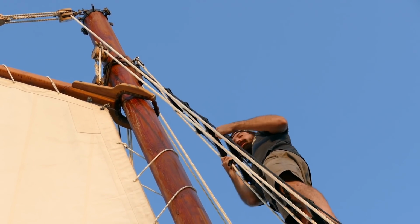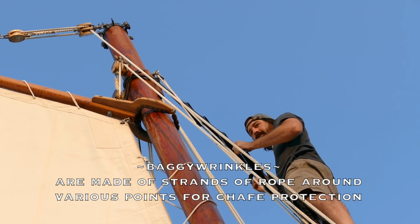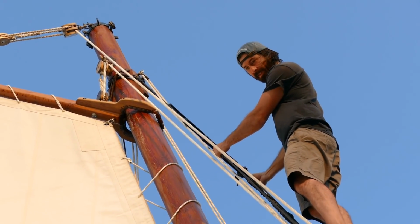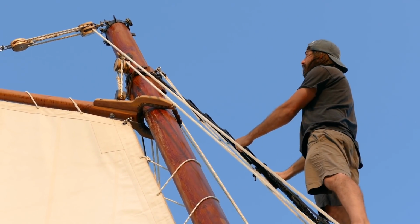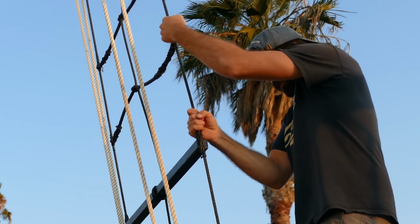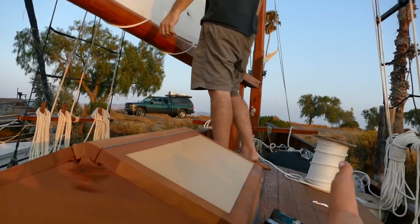It's nice, we can also see what points we need to put our baggy wrinkles. Yeah. You need at least a dozen. But yeah, we could pretty much go sailing like this. What else before we go sailing? You said topping lift and...